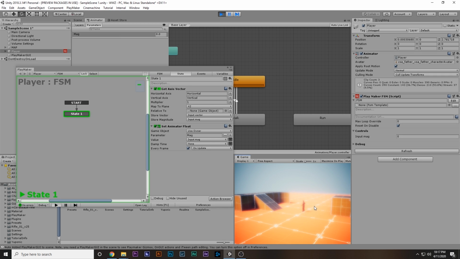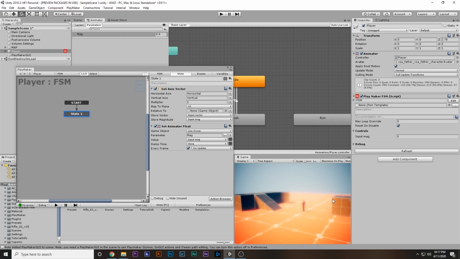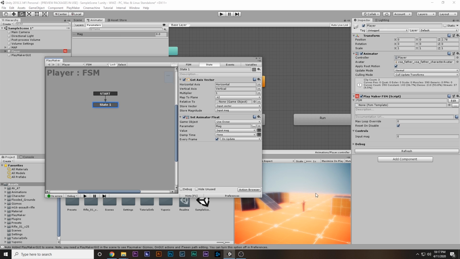and there we go, he is doing the idle animation. If I press W, he is gonna walk, and if I release W, he is gonna stop. If I press S, he still is gonna go ahead and move forward, and yeah. So of course we're gonna fix every single bug over here, but okay,